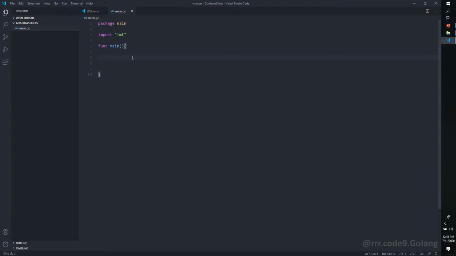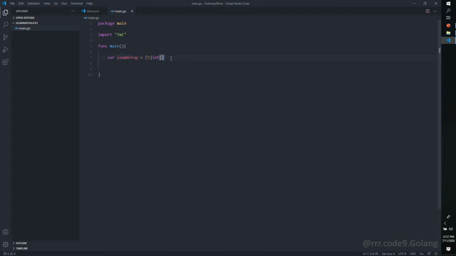Let's first declare one integer array. I have named the array as inum array. Let's consider the length of the array is 5. The type of array is int, and let's put two curly braces. In case you don't want to initialize the array, then you don't have to mention anything inside these curly braces. And here we have declared one integer array. We have named it as inum array, and the number of elements in the array is 5.